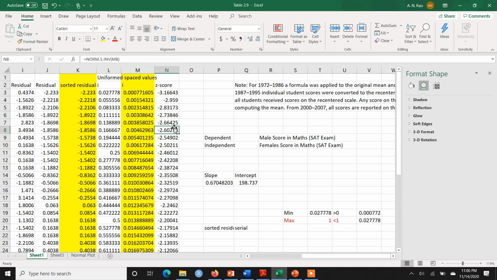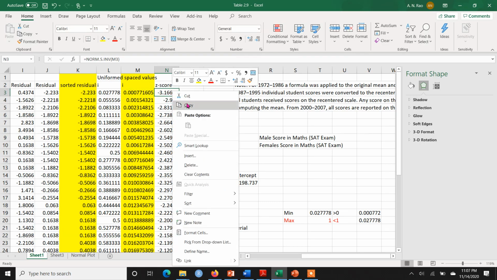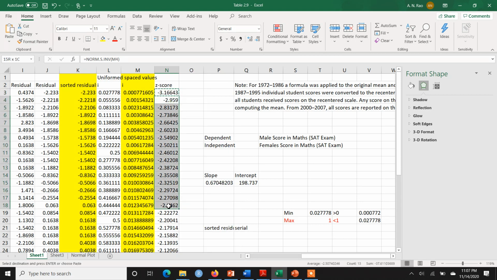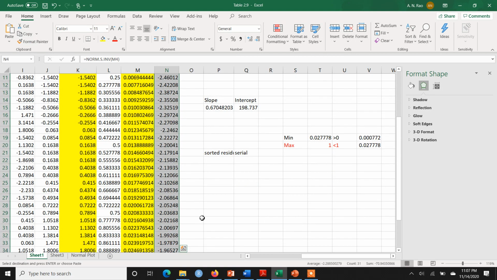Next, what I have to do is calculate the z-score or the normal score. As I said, the reference distribution here is the normal probability distribution, so I'm using the function NORM.S.INV, which is a built-in Microsoft function, and then within brackets I have chosen this I value, and then I press enter. Then I'll simply copy this one and paste it till the column ends. Okay, so now I have this series.